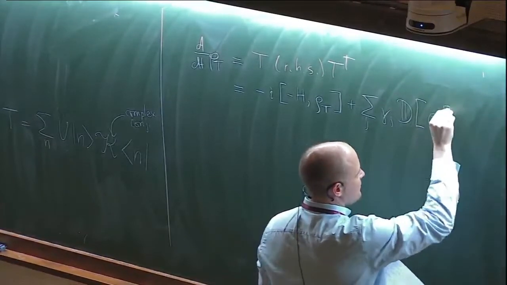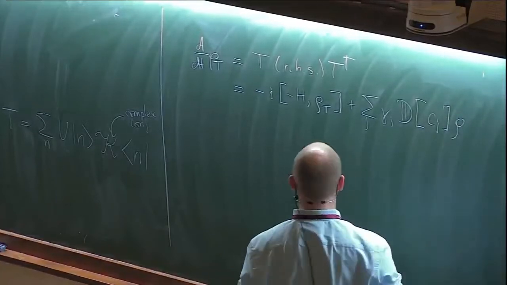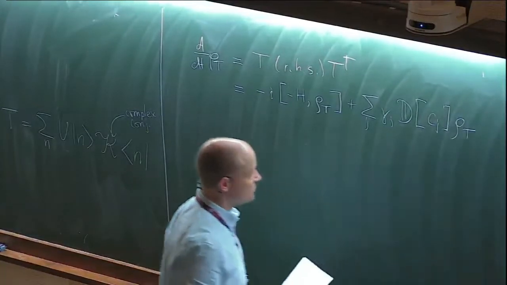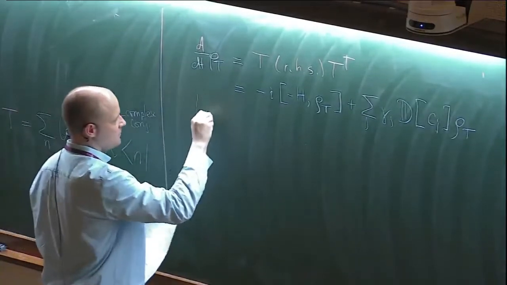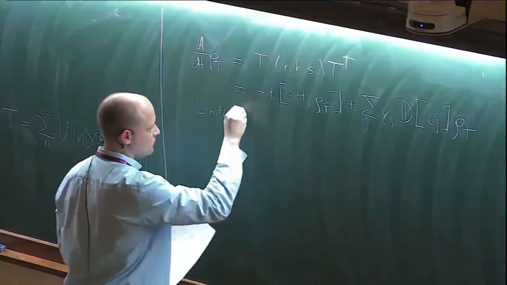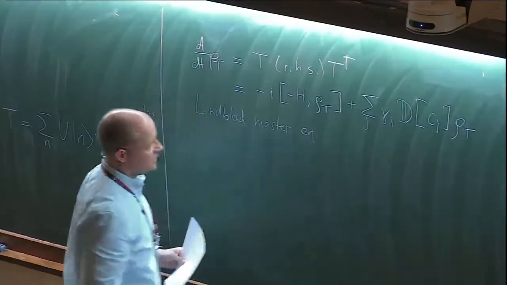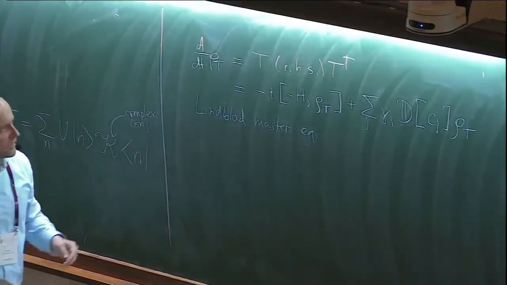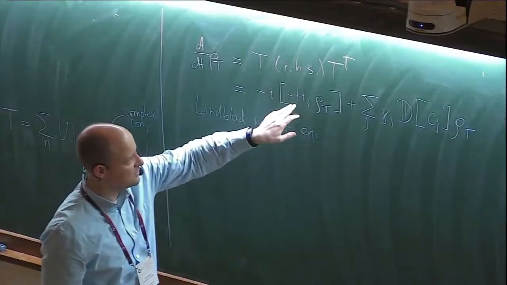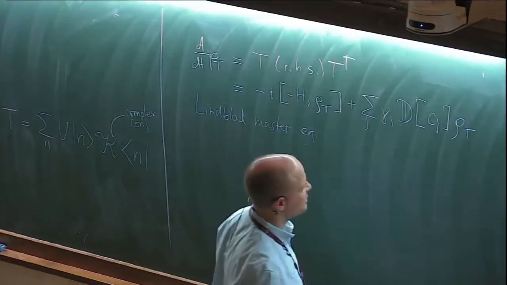So Cj goes inside, and then this gets applied to my density matrix rho t. So this is a Lindblad master equation. Where, as you pointed out, the Hamiltonian now is the negative Hamiltonian,